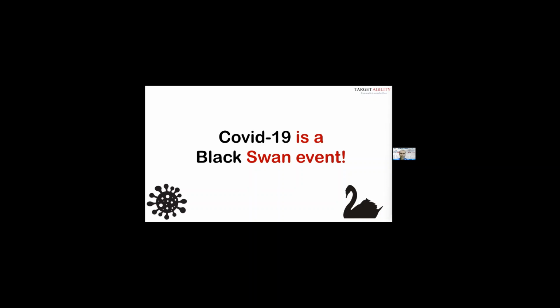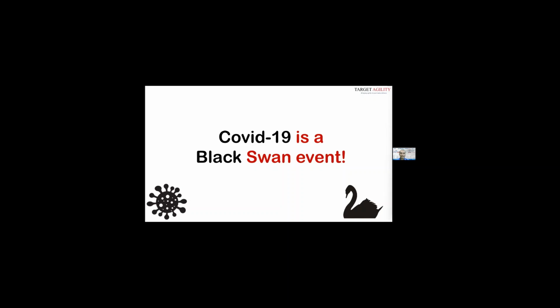And we are continuing to adapt. Even now, we are almost on the verge of a third wave in the subcontinent. But it's not about how we are dealing with it now. It's about when we are out of this pandemic. How are we going to adapt ourselves? How are we going to learn from this black swan event? How are we going to adapt ourselves from these seismic shifts?